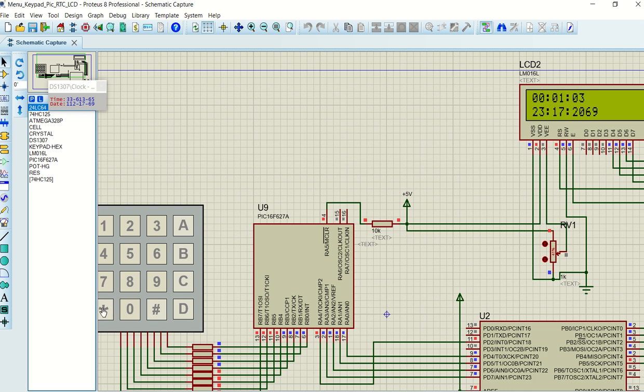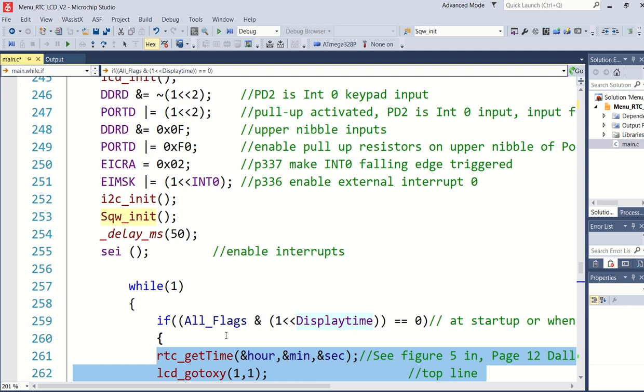If I press star, this pin goes low. If I release it, it goes high again. But you will see that I'm sitting where it says on the screen, hour 00:23 equals. So let's go to the program and see what happened.